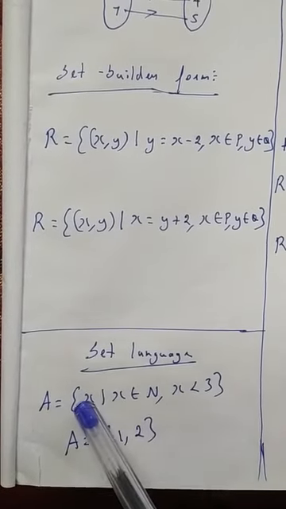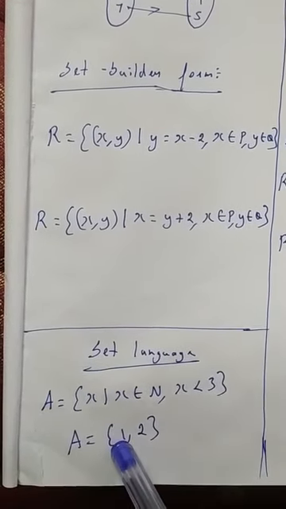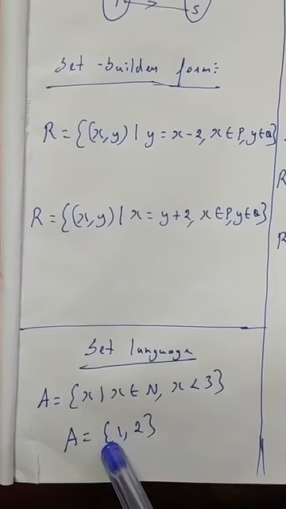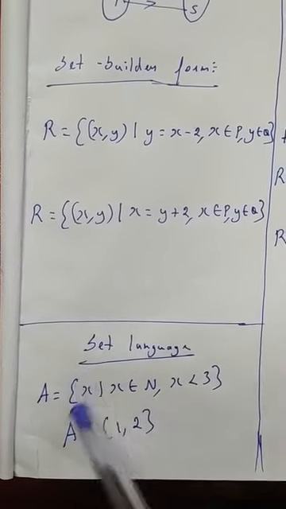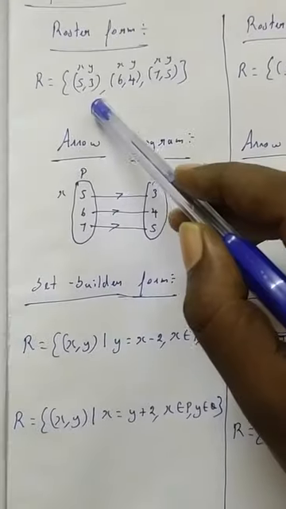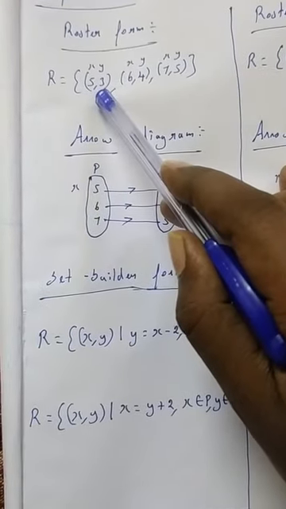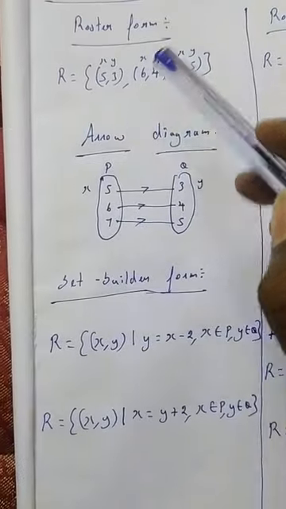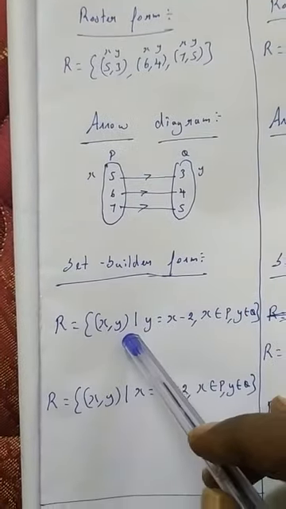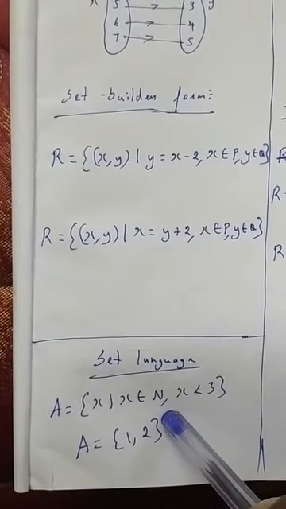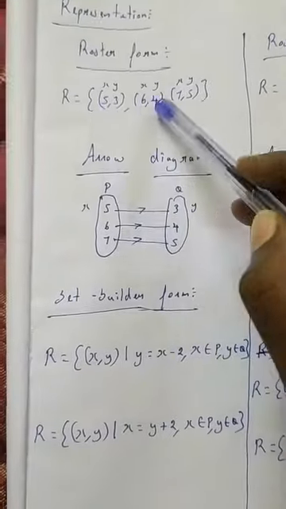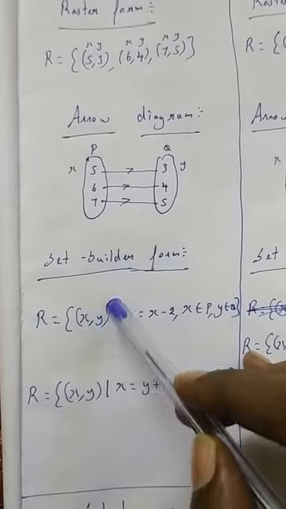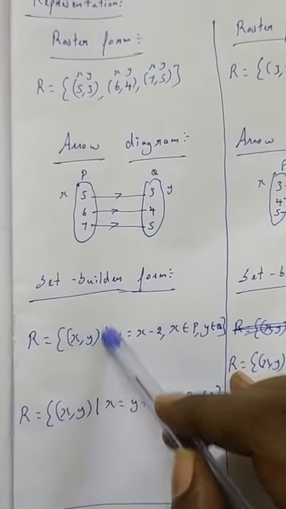So we start with x such that, because inside the set we have single values. But here inside the set we have ordered pairs. That is (x, y), (x, y), (x, y). So in a set all the elements are single, so we start with x such that. Here we have ordered pairs, so we should start with (x, y) such that. (x, y) such that.